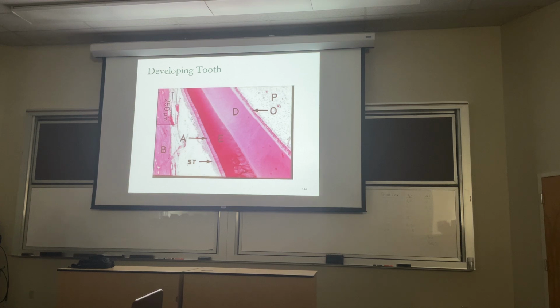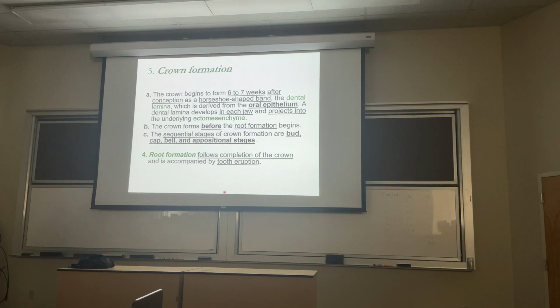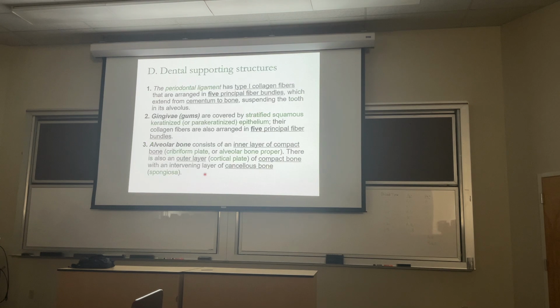You don't have those cells anymore. So you start forming the tooth. Here's the periodontal ligament, the gingiva or the gums, stratified squamous, keratinized or parakeratinized, and then